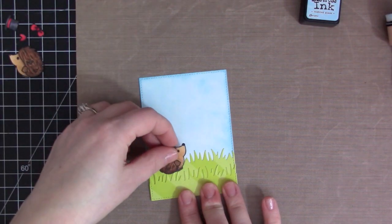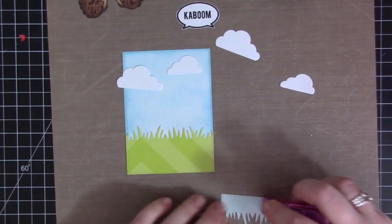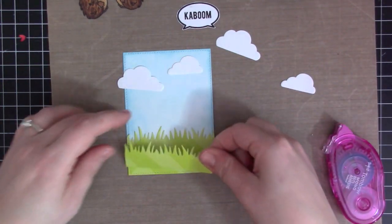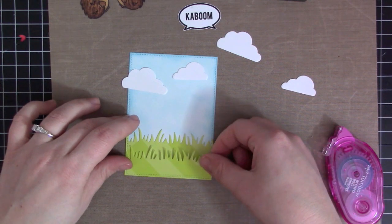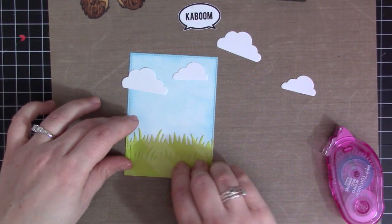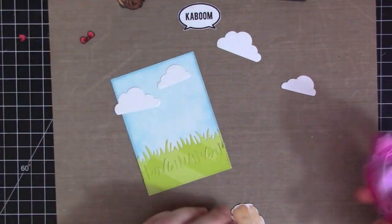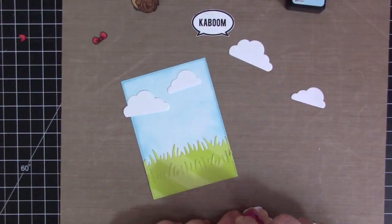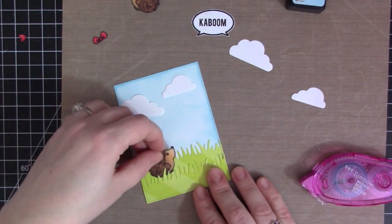So now that I have the sky piece there, you can see I also die cut some grass. I just used some pattern paper with some subtle tone-on-tone design, and I cut them out using a grass border die, I believe from Lawn Fawn. And then I'm just going to go ahead and adhere these onto the card front. So I cut two, one slightly taller than the other, and then one a little bit shorter. And what this is going to do is just allow me to kind of tuck the hedgehogs inside of the two pieces